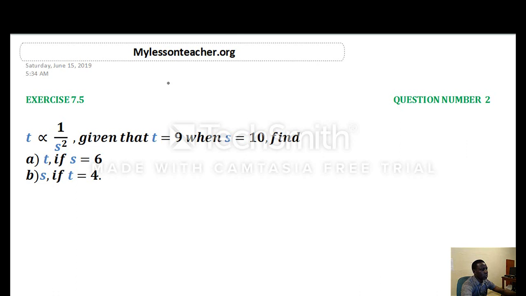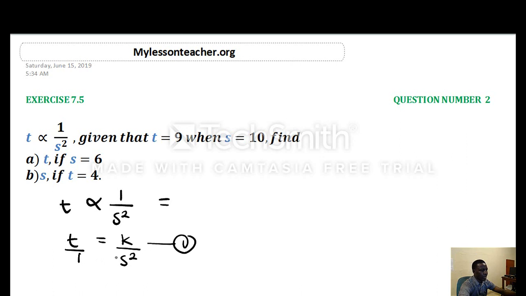So what we are going to do is to express it in equation form. Since t is inversely proportional to s squared, we can express it as t is equal to k divided by s squared. This is the equation, and making k the subject of the formula, we cross multiply, leaving us with k is equal to t times s squared, and we have values of t and s given, so we have k to be equal to,